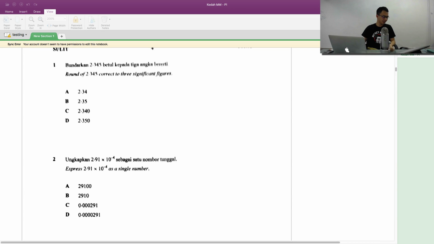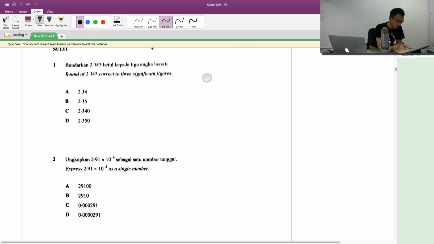Alright, so let's have a look at the first question. This is about significant figures, so it should be very easy. We have